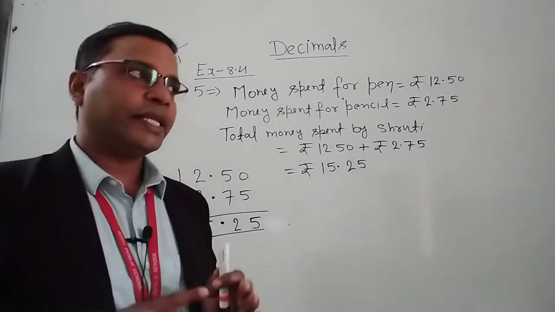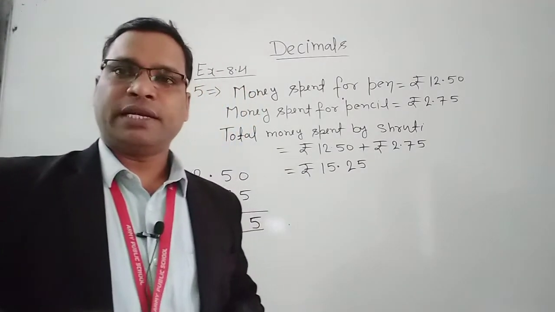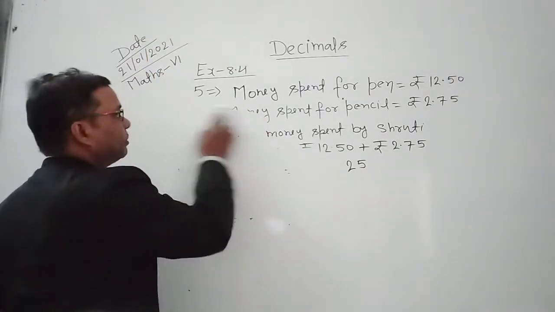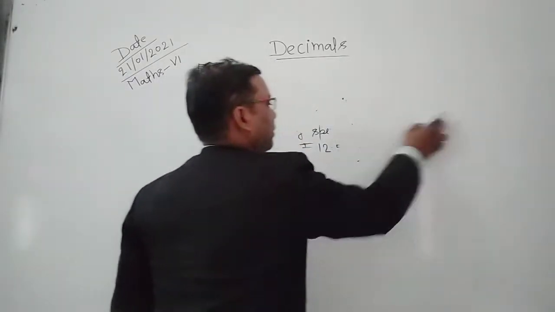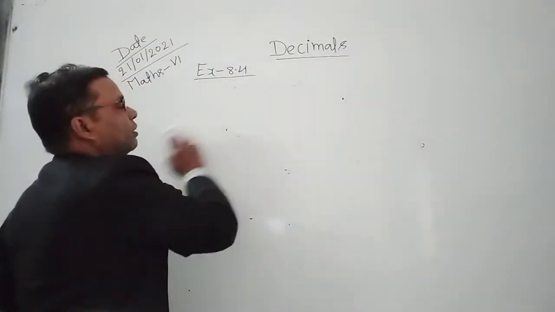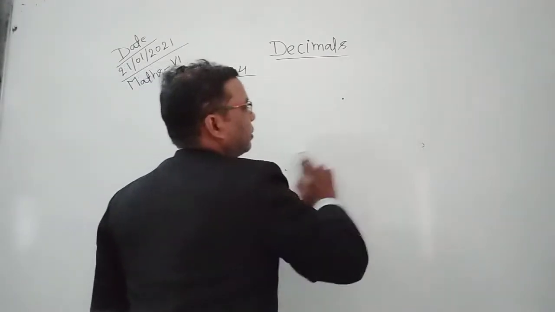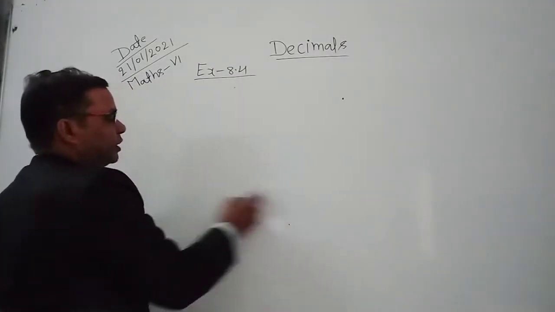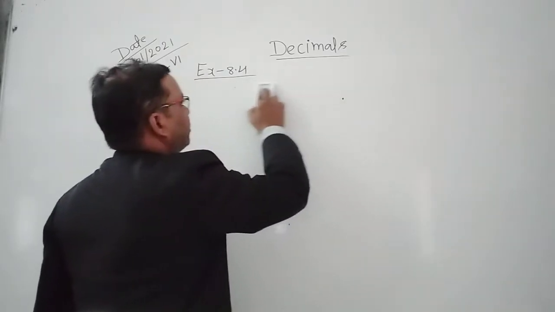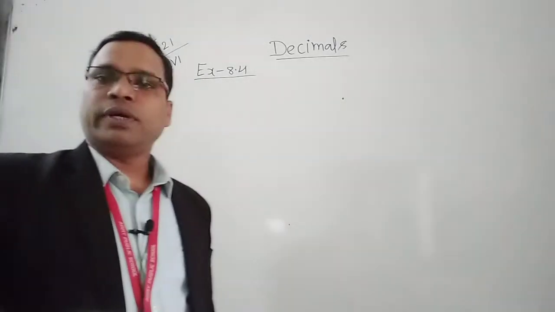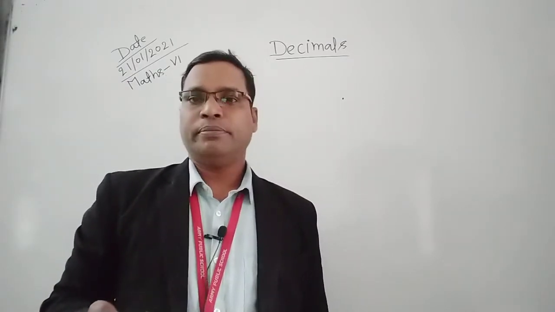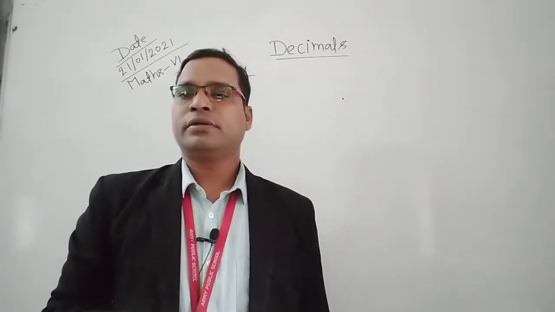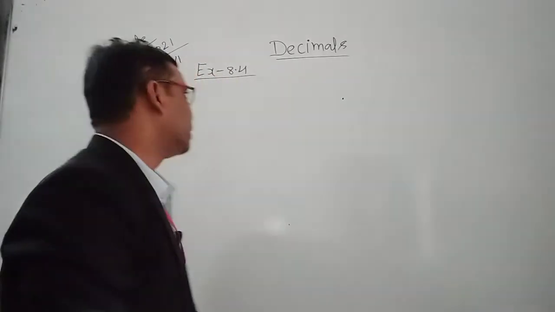Now, first we erase this question. After this we solve question number 6. I hope all of you understood question number 5. In question number 6, we add all distances, but before adding the distances, we need to convert meter in kilometer or kilometer in meter. Everything depends on you. In the previous video, we discussed how to convert meter in kilometer or kilometer in meter. This is clear? So first we write here distance traveled by bus. Okay, this is question number 6.